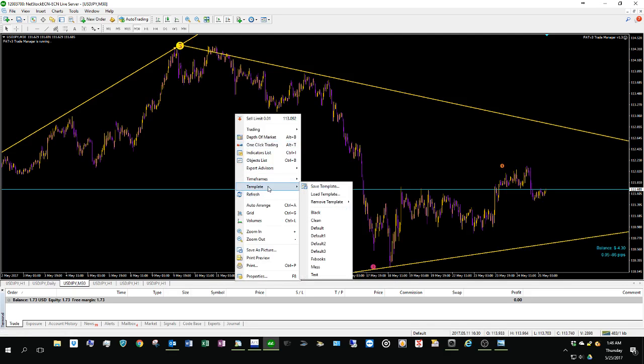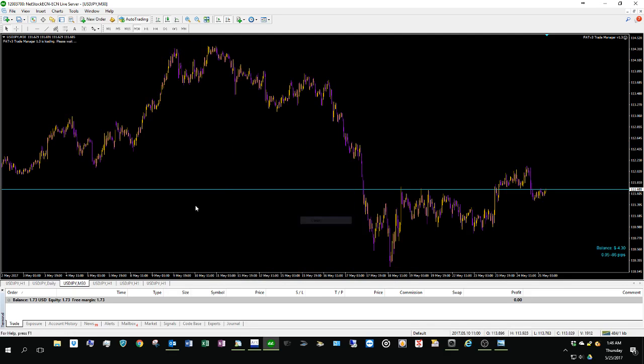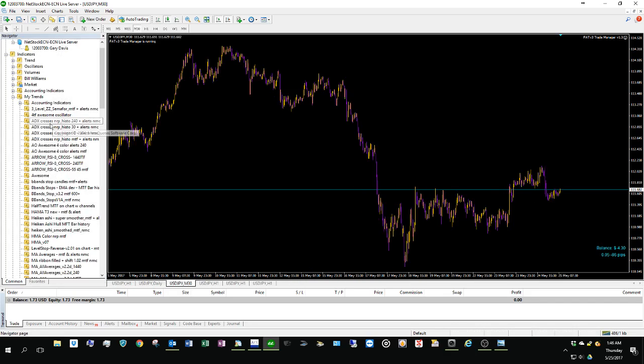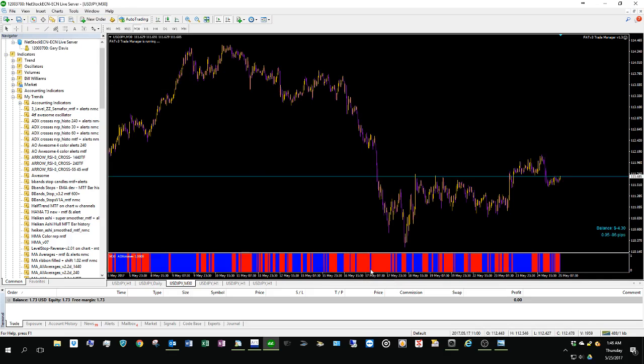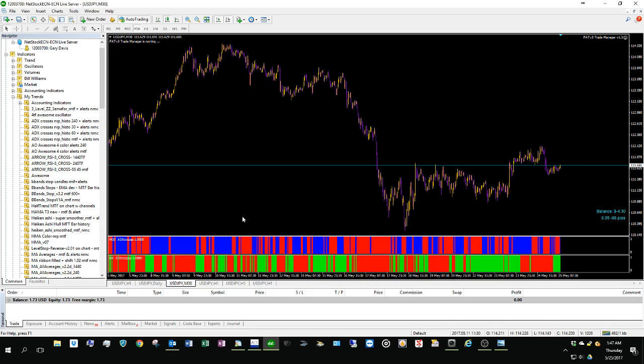Now let's look at another one here. If we pull up ADX crosses, you've probably seen these before. These are pretty good. They can tell us tops and bottoms on a bar. Now this bar setting, right now you're looking at a 30-minute bar, which is kind of choppy, but we can actually put a 240-minute bar on there, get rid of some of that noise, and see where we might want to take shorts and longs, give us a little bit better